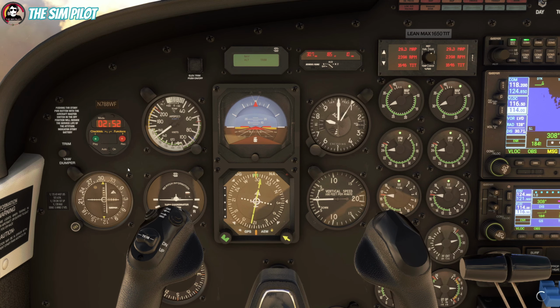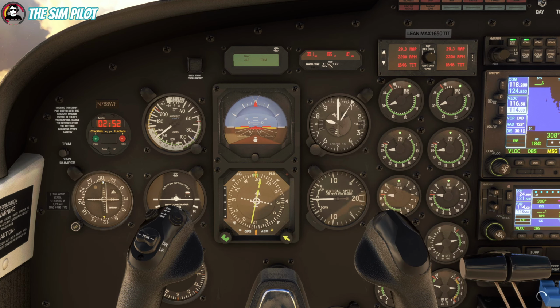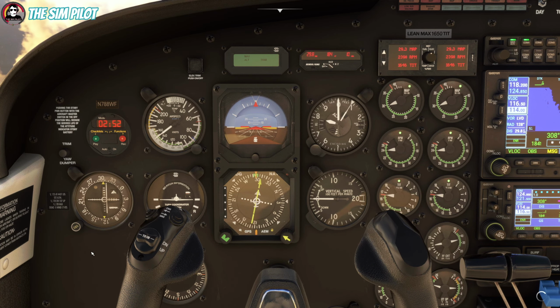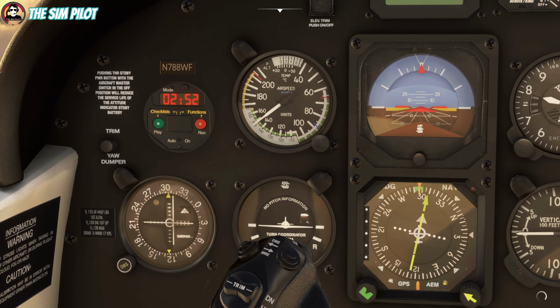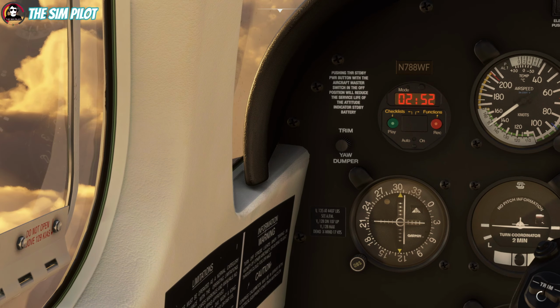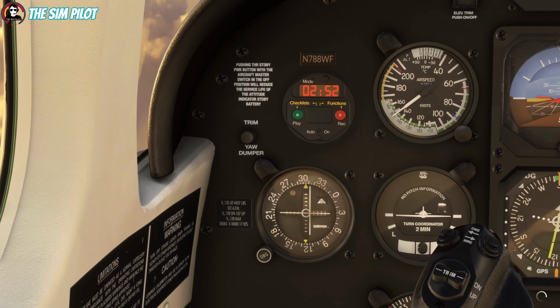On our NAV2 radio, we are tracking Sister Island VOR, which is 114.00, and as you see, we are tracking that on a course of 306 roughly, which is our outbound course. And the display shows 2 here as well. If you cannot see this good enough, let me zoom in a little bit and you'll be able to see it. I think this is a better view. As you see, it says 2 in that white arrow